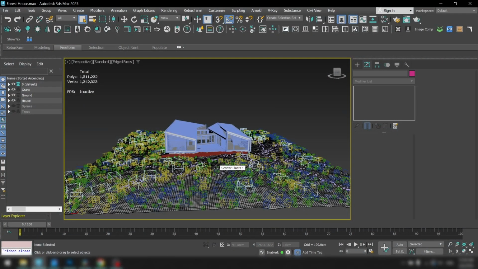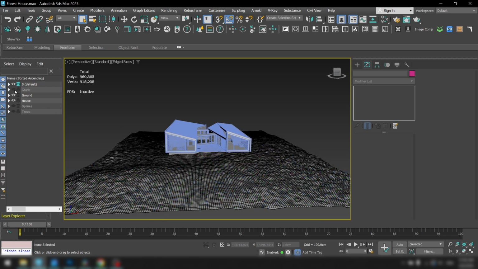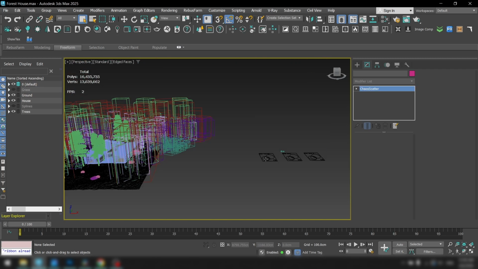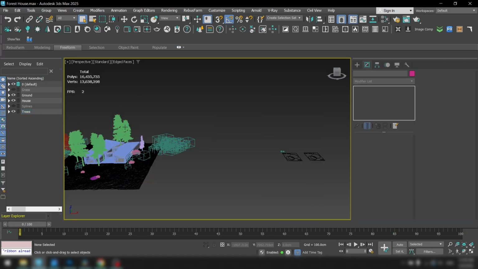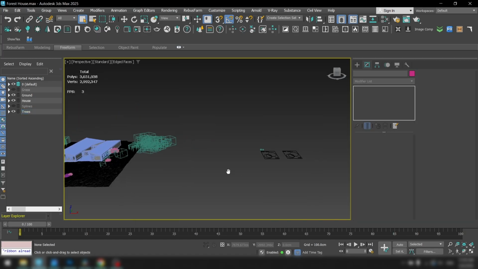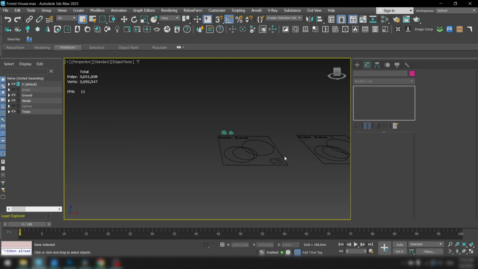Now let's talk about our trees. Let's hide the grass layer for now and unhide the trees layer. First, I planted the bushes, so let's hide our trees layer scatter and some other trees. You can see that I have two bush scatters, and I use the same logic for both of them as